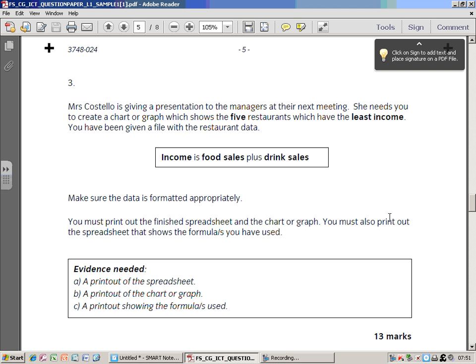This is from City Cuisine Level 1. In this activity, you have to create a spreadsheet to show data for restaurants. However, I would like to highlight to you this information here, which says make sure the data is formatted appropriately. This short video is going to show you how to format a spreadsheet to allow you to achieve maximum marks